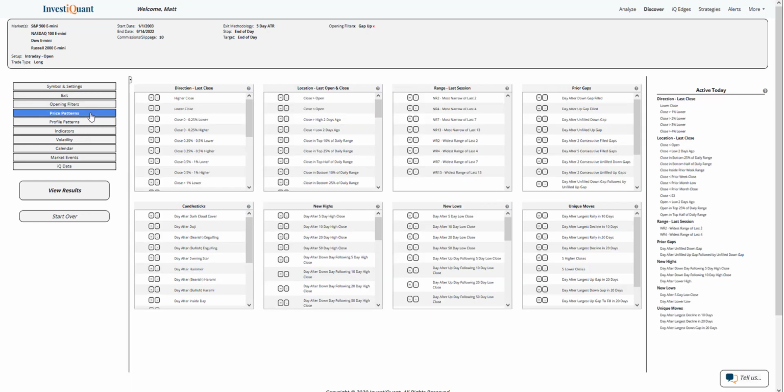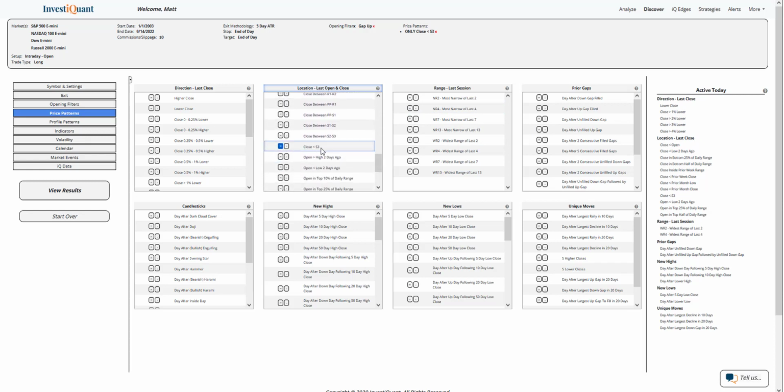up. The next thing I'm going to do is go to the price pattern and click on the active today's section, close below S3. So that's in the location of the last close. We've got all the pivot points in here. If you scroll down through the long list, there it is. We close below S3. This is telling you it's true for today, so you know exactly where the close was